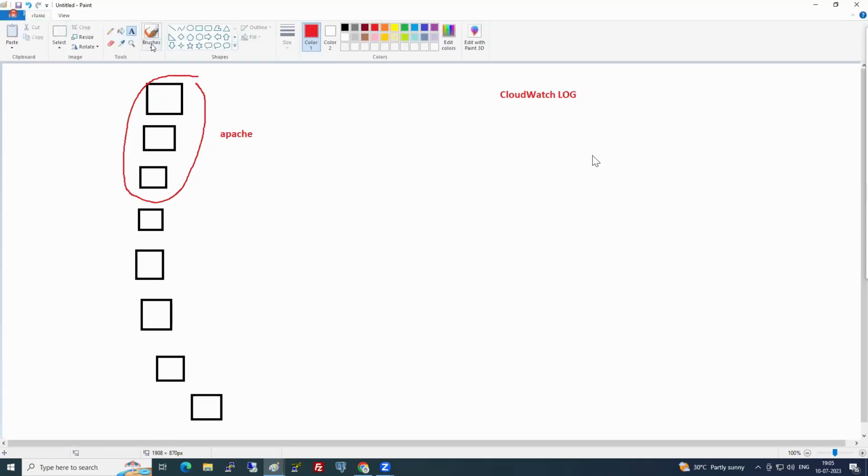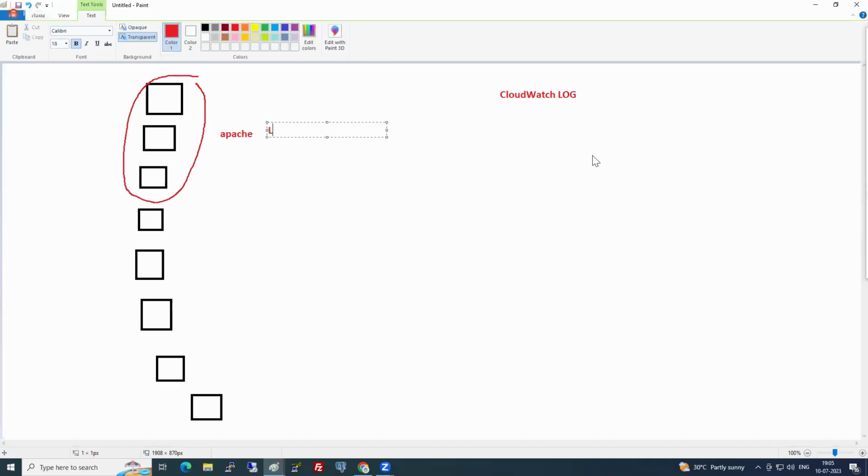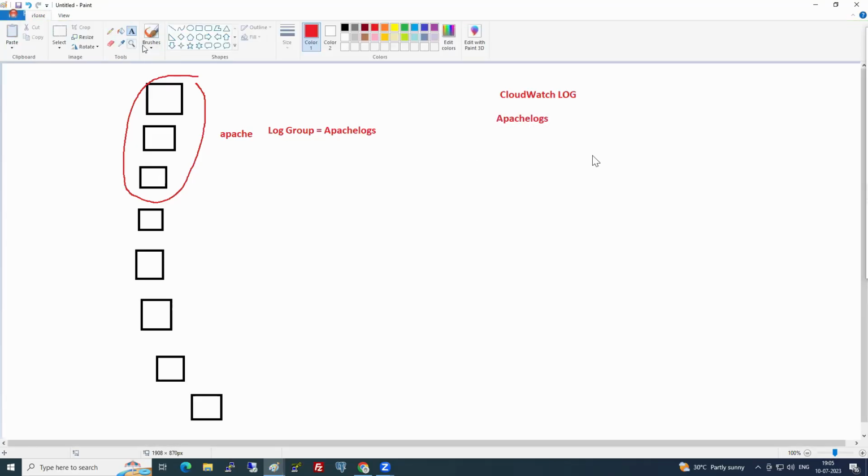Can I give the log group name as Apache logs? And then here you have Apache logs, and all this will go and sit inside this